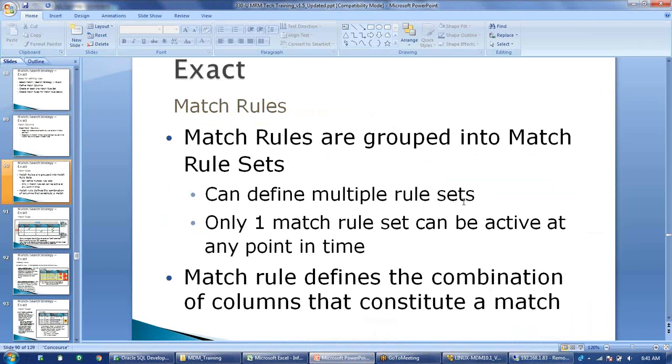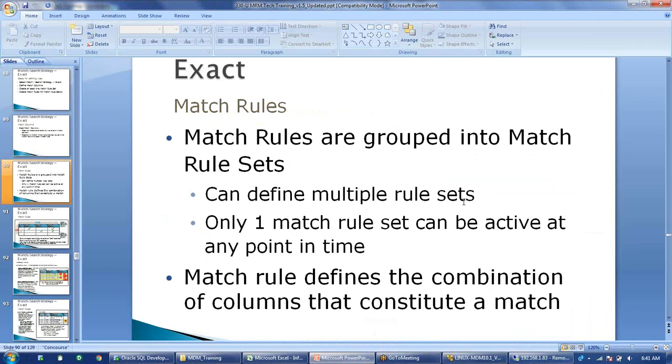So for that reason, instead of touching the main rule set, I will create another rule, which is exactly as it is. I have created the main one, and then I will make some changes. I will remove some columns, add some columns based on the requirement, and try to test the data. So just for that reason, we might create multiple rule sets, but usually in real time we have only one rule set. So even if we create multiple, only one rule is active at a time.